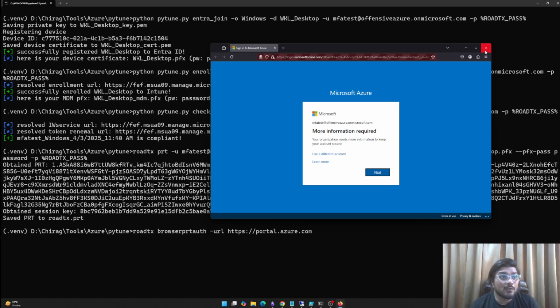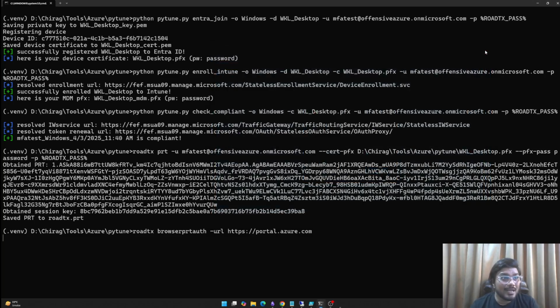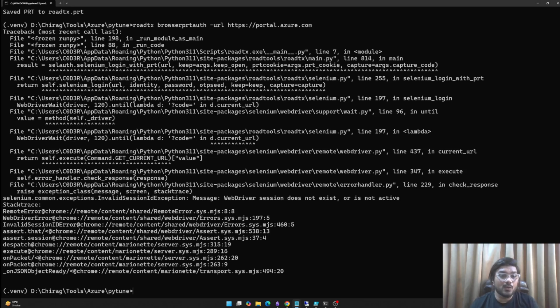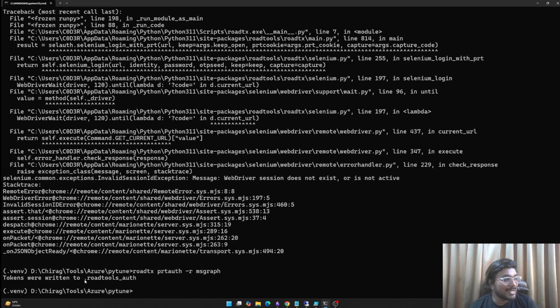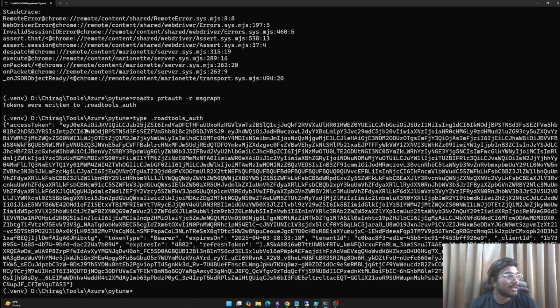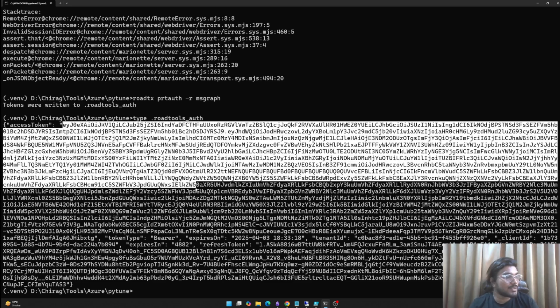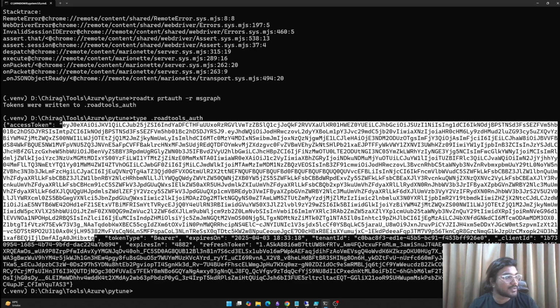What if we don't want to do this, but we still want to enumerate the target environment? What we could do is use RoadTX to request an access token for the MS Graph resource type. Once we do that, we can see that the access tokens are stored in this particular file. Let us read the access token. We can see this access token. We'll copy this particular access token,